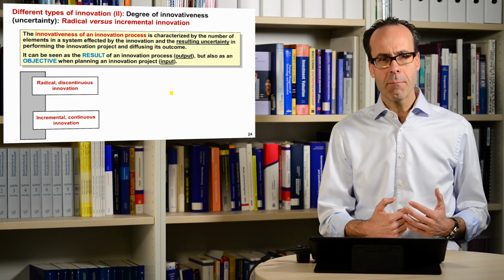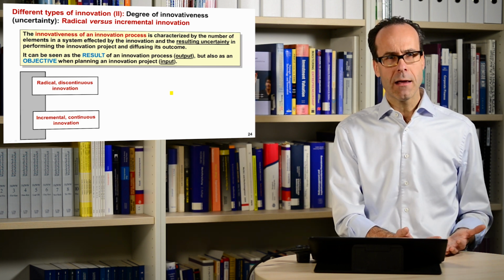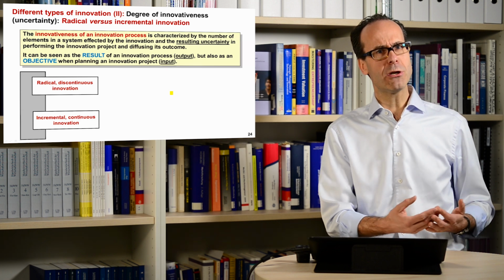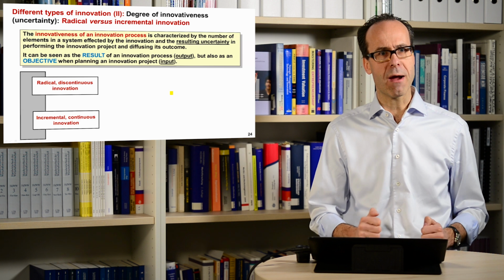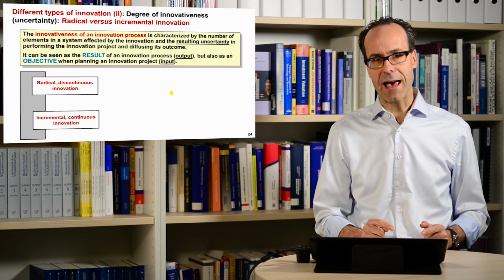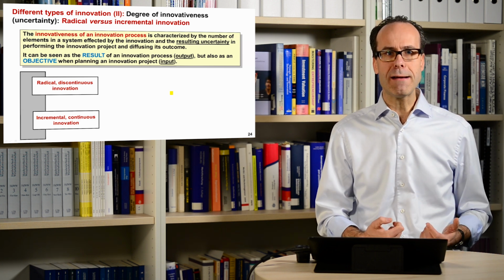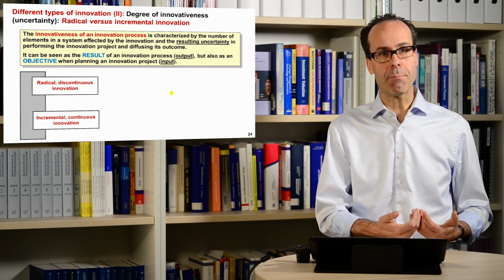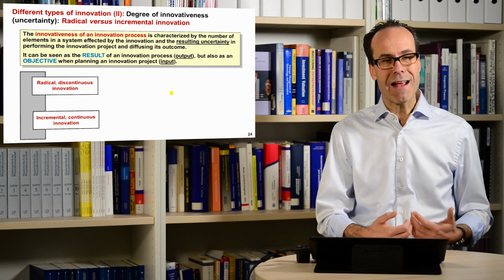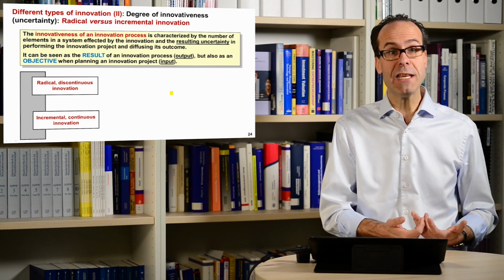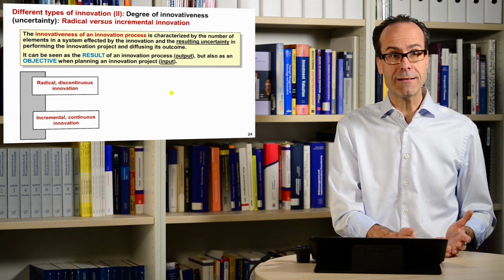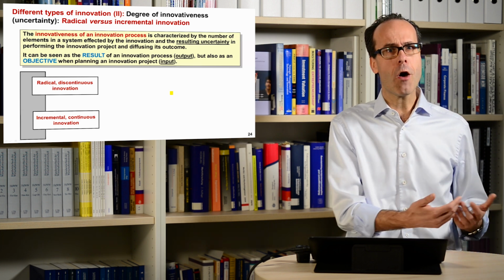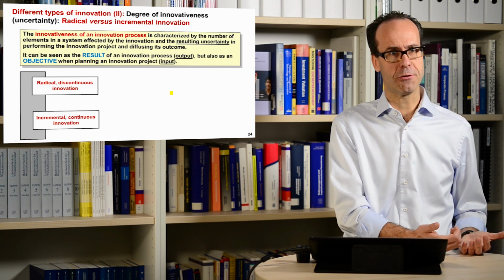The one is the outcome. So a new product can be really radical new, or it can be just an incremental improvement. But at the same time, the degree of innovativeness is a very important planning variable when we set up an innovation project. So it defines the objective, what we want to achieve. We engage in an innovative activity, and before we do so, we have to have an understanding how novel it should be, how radical it should be.